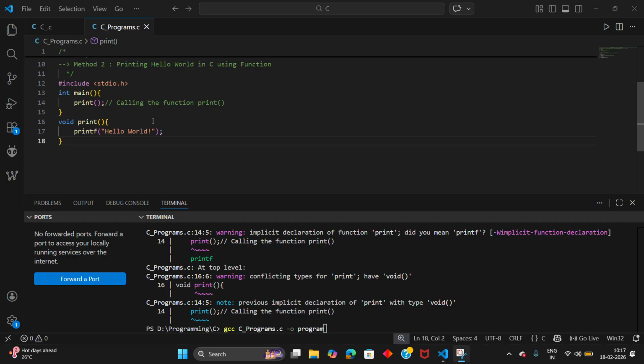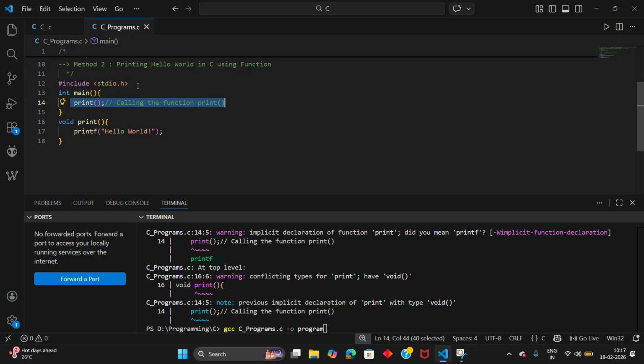Okay, before the main function we have declared the print function in the previous case, but in this case what we have done is first we have taken the main function and then after we have declared and initialized the print function which we have already used in the main function. You can see here we are going to use the function. Before this we haven't declared the function, right? So that we got an error.